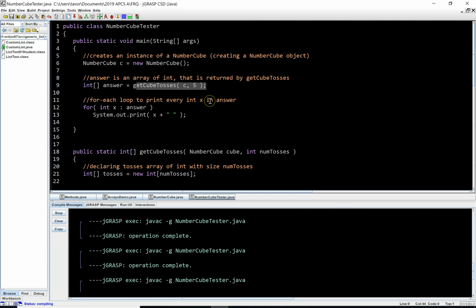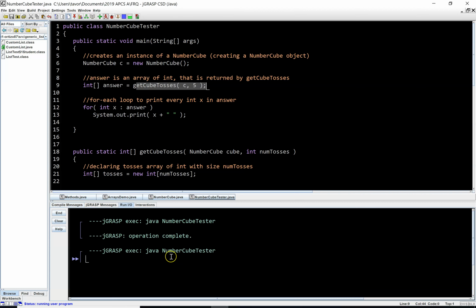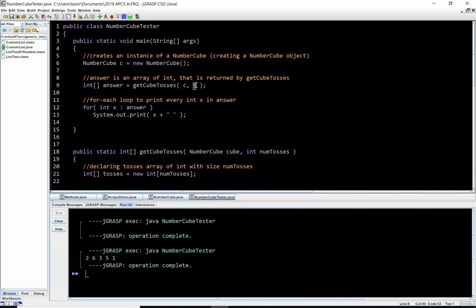Now if I compile and I run, I should see 5 different values that are all numbers between 1 and 6. There you go, you see? Perfect. Now if we increment the number of tosses, again, this second argument is stored in this second parameter. The comment tells you that the first value is going to be stored in the NumberCube, so that's C. C is also NumberCube. And so if I increment this to like maybe 10,